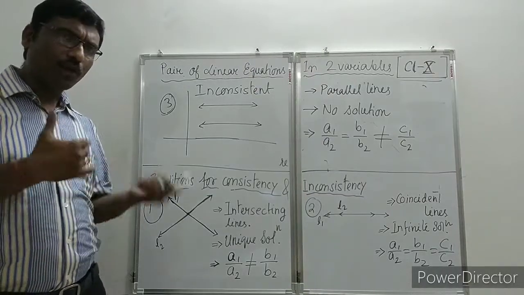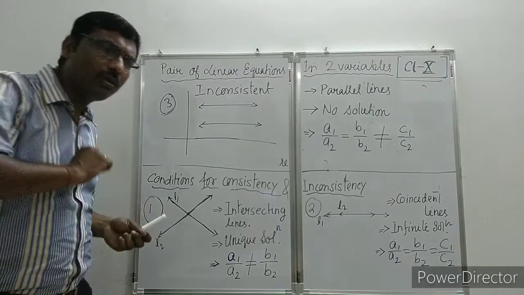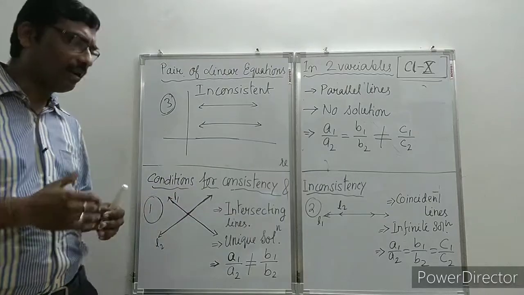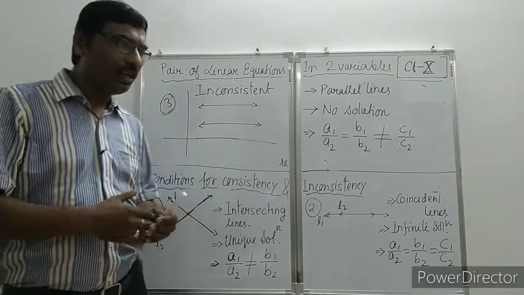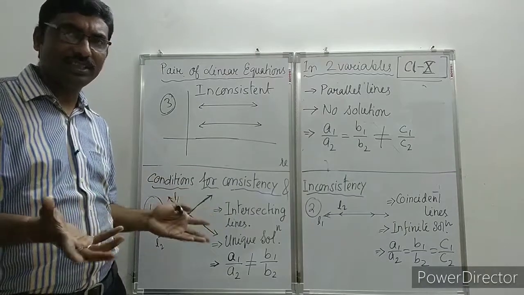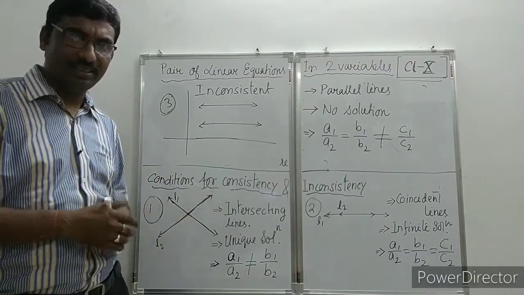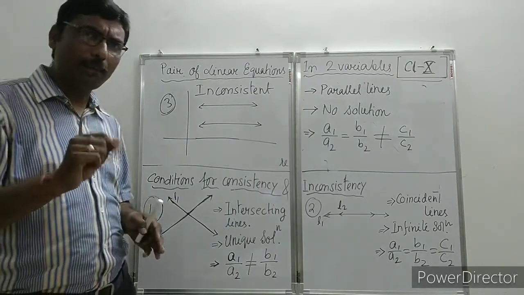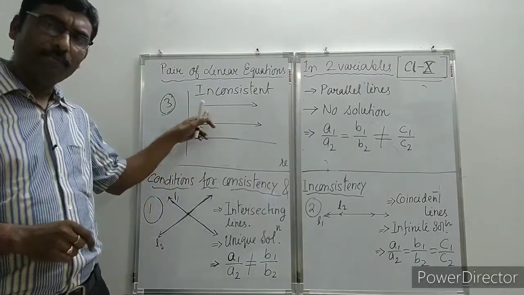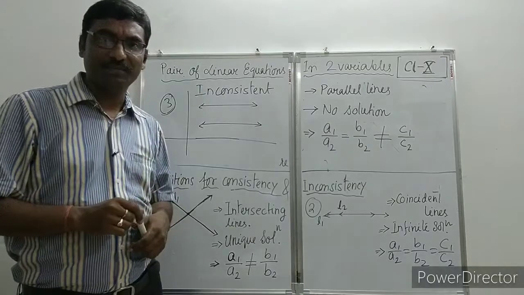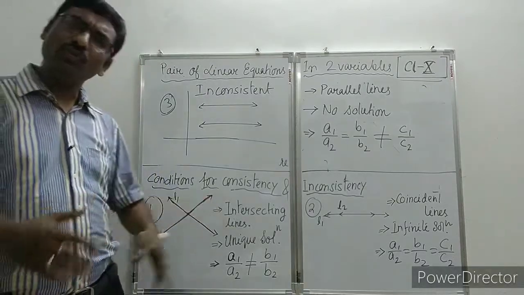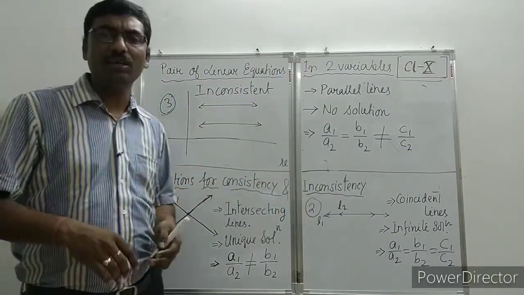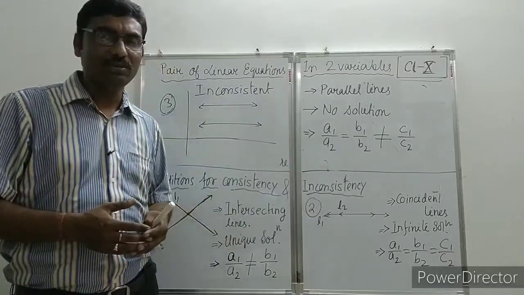Okay, so while solving the sums, don't directly solve the sums. First of all you check whether there is a solution or not. Otherwise, after doing some steps, you will see you are not getting any answers, no values, only constants are there, all x cancelled, y cancelled. In those cases you think that you have made some mistake. What mistake? You have not checked whether they are consistent or not. If not consistent, then no need to do all the work. After finding they are not consistent, that means they don't have a solution. When there is no solution, how will you do it? You cannot do it. Okay,